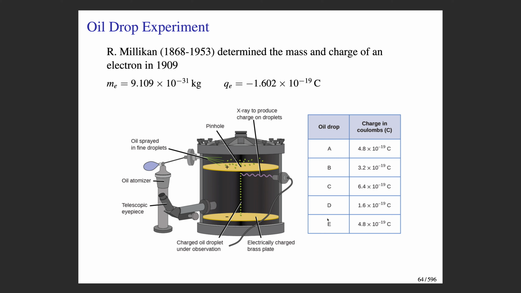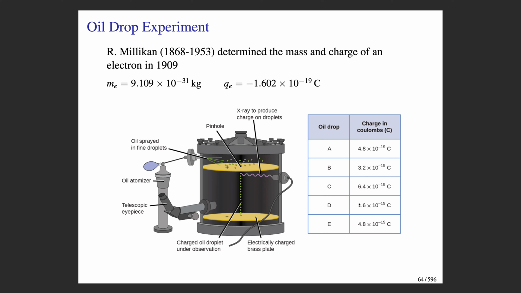That is, after measuring the voltage required to suspend 5 droplets, he would get these types of charges coming out of his calculations. And what you'll notice is that the different charges that you see are all multiples of this lowest charge, this 1.6 times 10 to the minus 19 coulombs. And so the idea here is that these oil droplets pick up electrons. Sometimes they pick up 1 electron, sometimes they pick up 2, sometimes 3 or 4. In any case, they pick up a number of electrons, and then you can figure out by looking at the